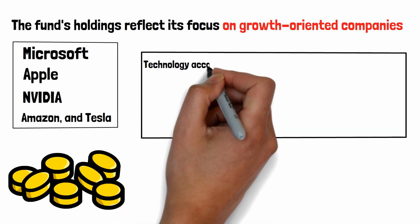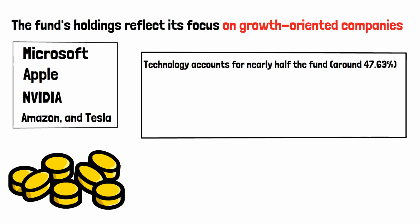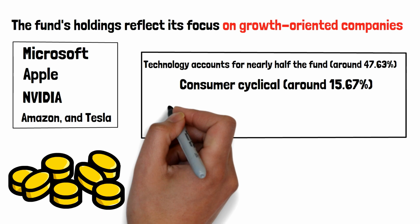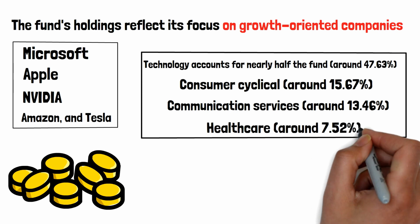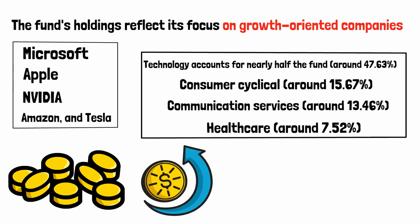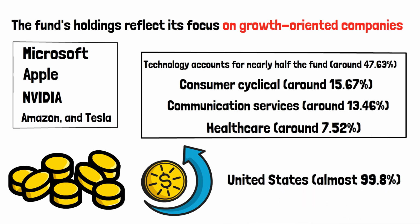Technology accounts for nearly half of the fund, around 47.63%, followed by consumer cyclical, around 15.67%, communication services, around 13.46%, and healthcare, around 7.52%. The fund's geographic allocation is primarily concentrated in the United States, almost 99.8%, with minimal exposure